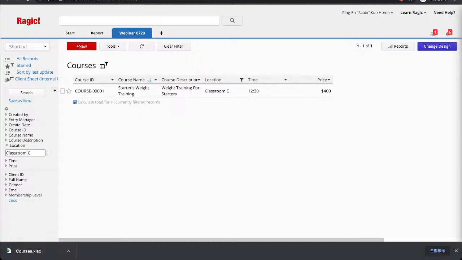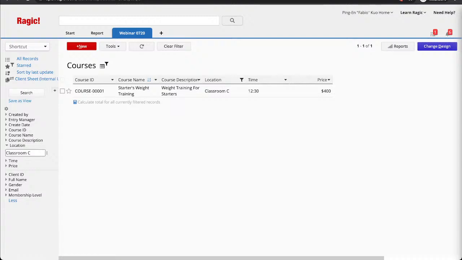Let's see how this file looks. I have to change my screen right here. Whoops, let me see how I'm going to do this. So right now you see that I have one entry right here, and this is what my downloaded Excel file looks like. I'm trying to get my Excel file onto my OBS screen.